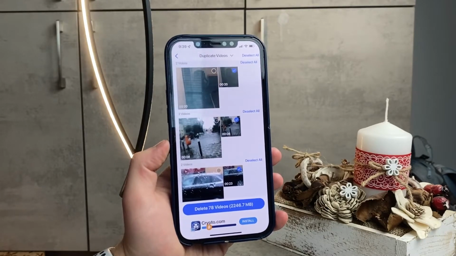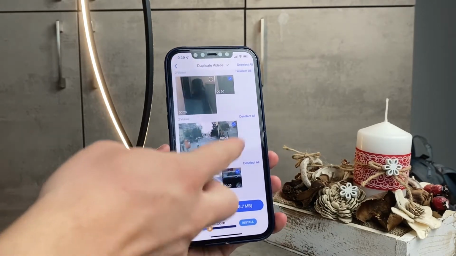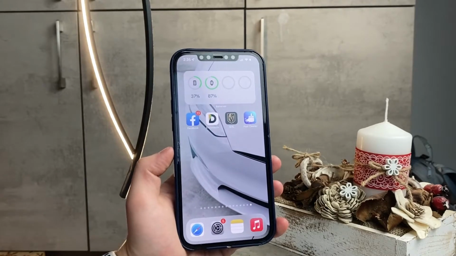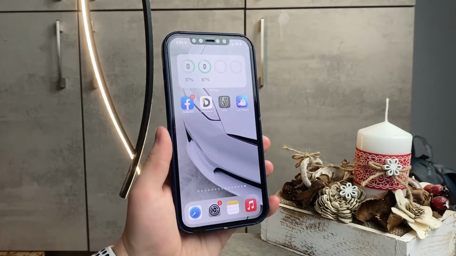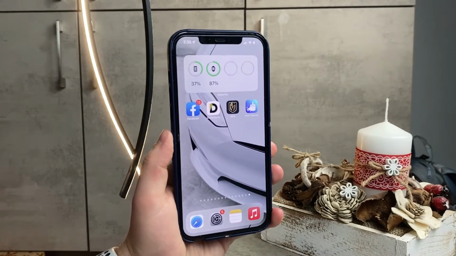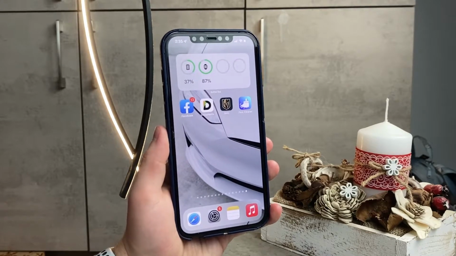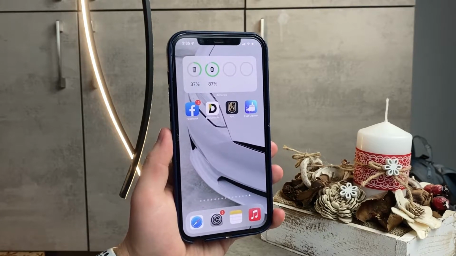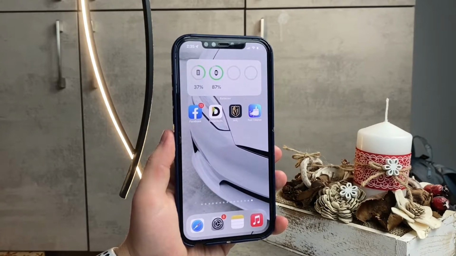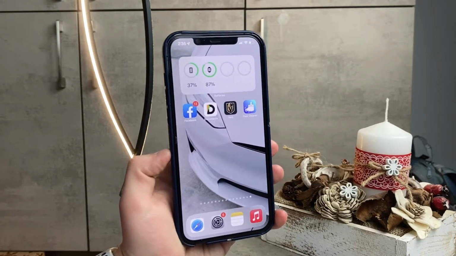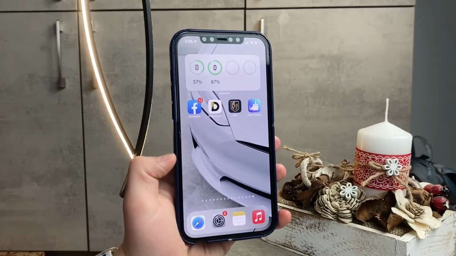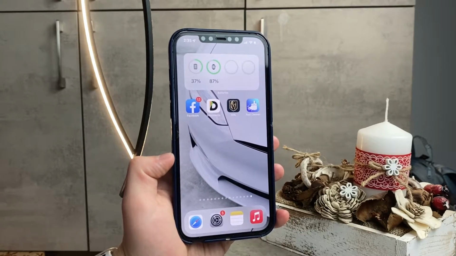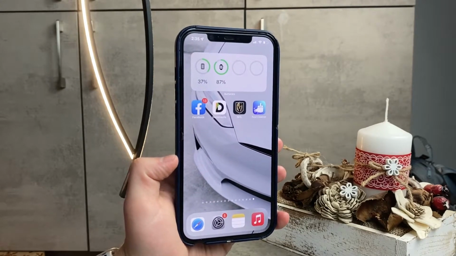So this is probably the only usable or useful feature from this app, and I'm not saying that it applies to everyone, because not every single person may have duplicate photos or videos, but in my case I do, and I would save with this about 2 gigabytes, but not anything groundbreaking. So this is at least how you can manage photos, and